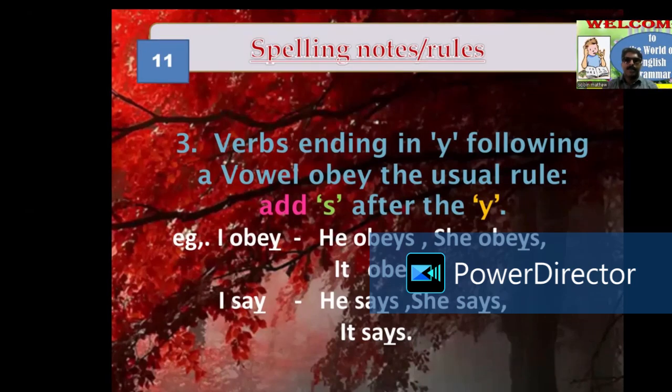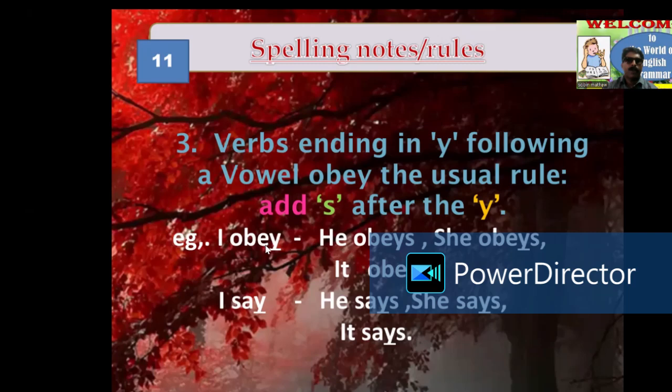Verbs ending in Y following a vowel obey the usual rule. Add S after the Y. Here we can see the example, I obey. You can see the verb obey ending with the letter Y. When Y comes after a vowel, here you can see